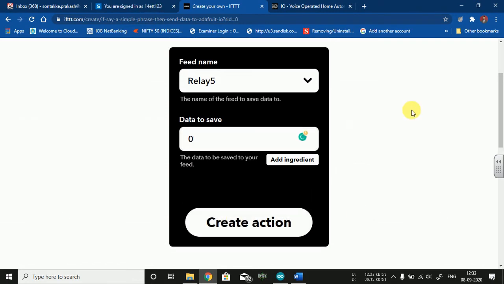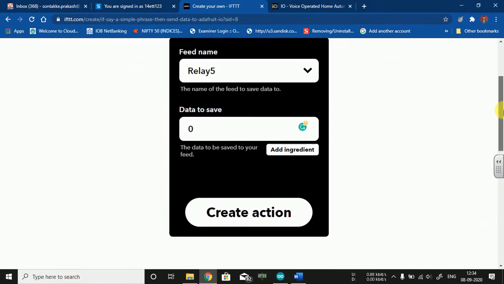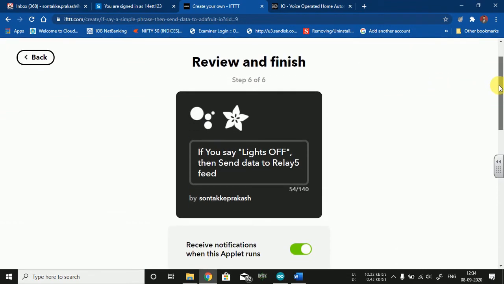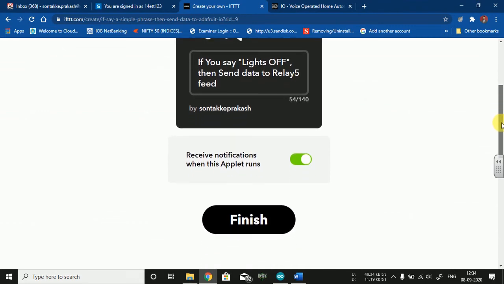Now you got your applet: if you say lights off, then the data 0 is sent to relay 5. I can click on finish.